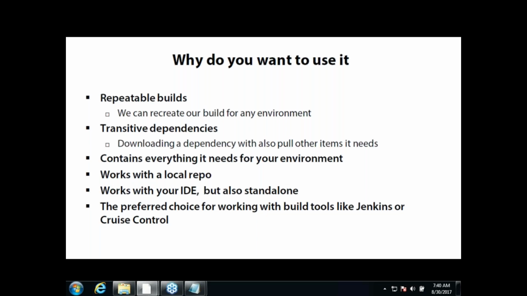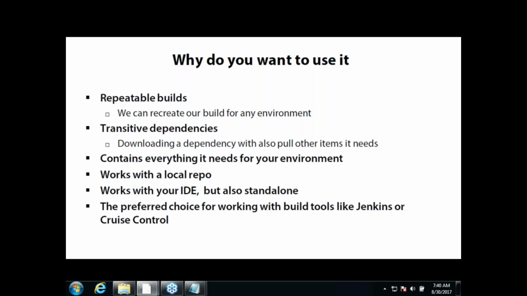Okay. And now transitive dependencies. If I am developing a component called A, which depends on B, and B depends on C, whenever you try to build A, both B and C will be downloaded. That is called transitive dependencies. This is in set theory. In mathematics we have something called implications, right?